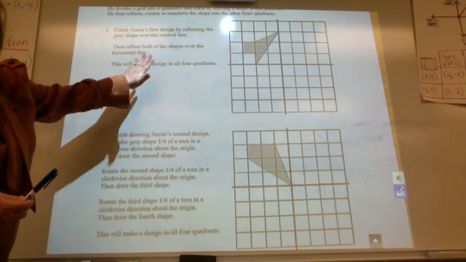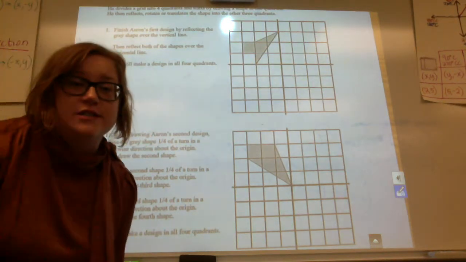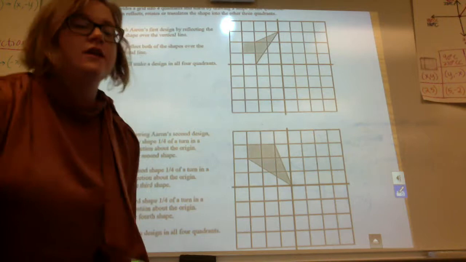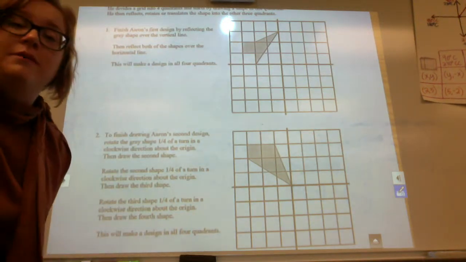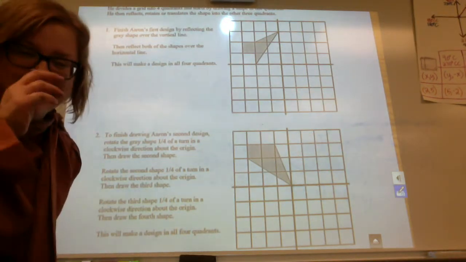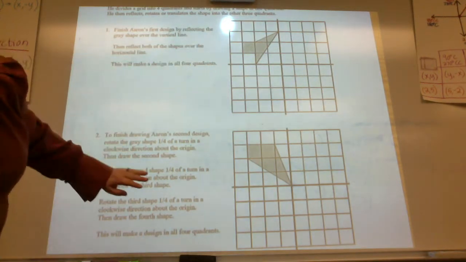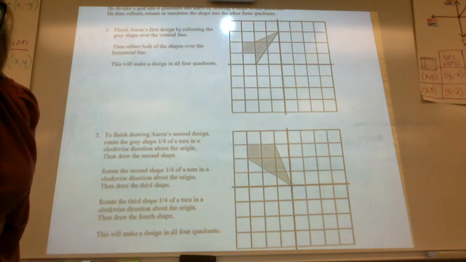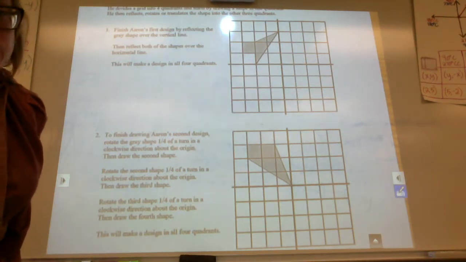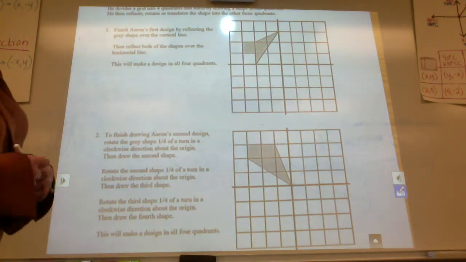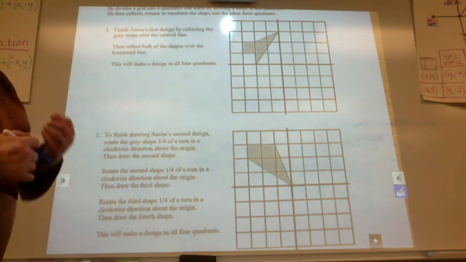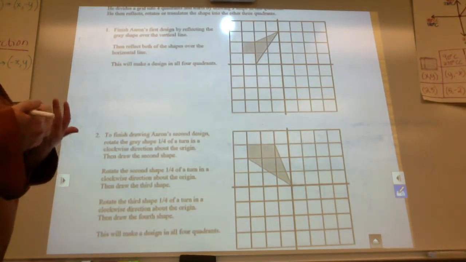In these two problems, by the way, this is the Aaron's design problem, the top one, in order to finish Aaron's design, we had to do a reflection. For the bottom one, in order to finish Aaron's design, we had to do a rotation. All right, so let me go ahead and demonstrate and show you how the rules are different and the resulting